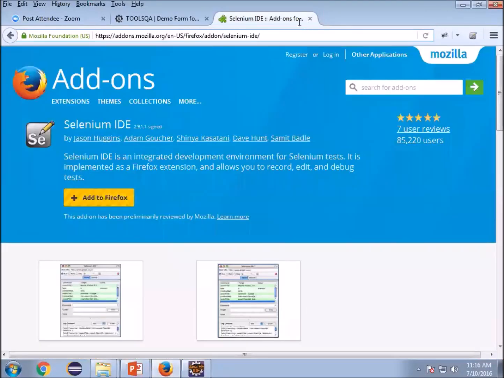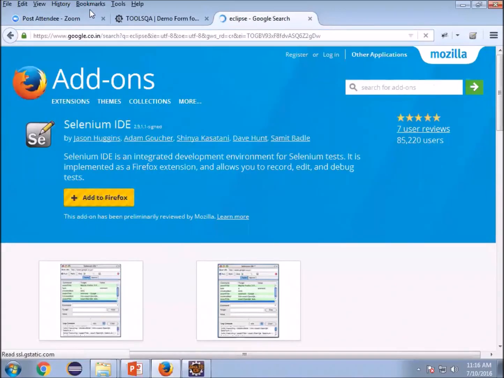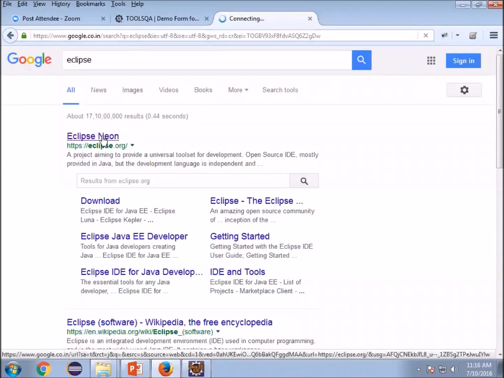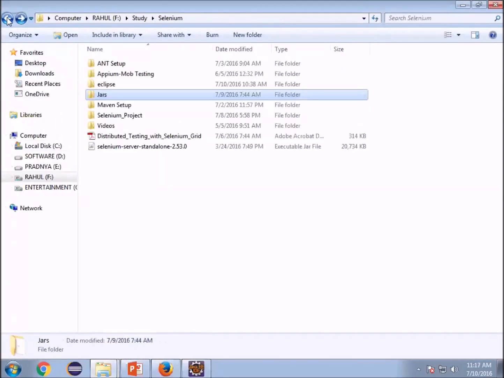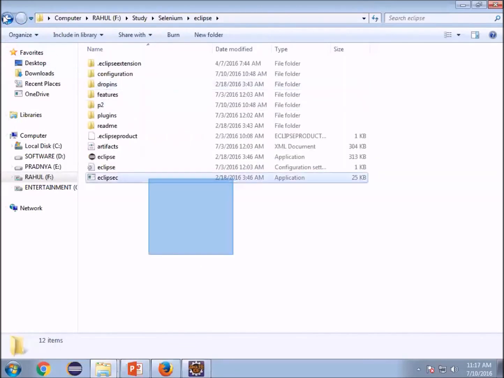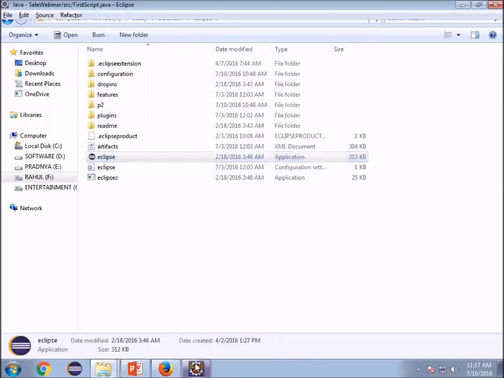Closing this, let's suppose from where you will get Eclipse, just type Eclipse in Google, you will get your Eclipse version. The current version is Neon. I have Mars, just previous to that. You have to download the folder. Your folder will look something like this, Eclipse, and this is the executable file which you have to run to open Eclipse.